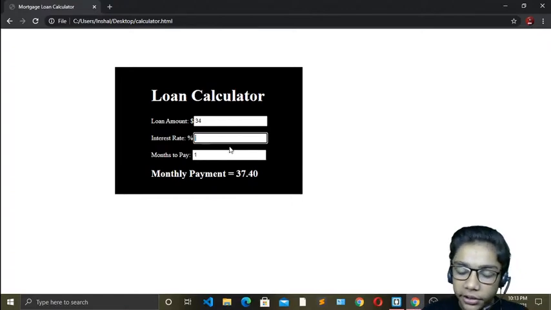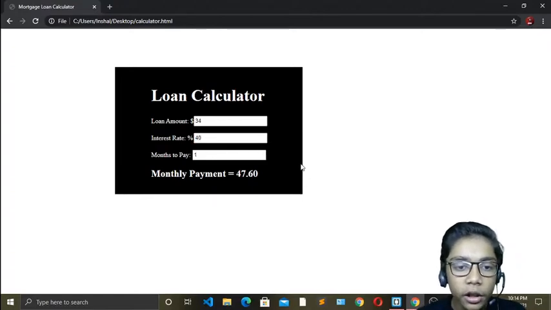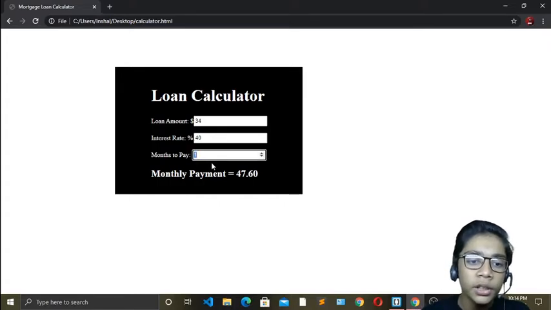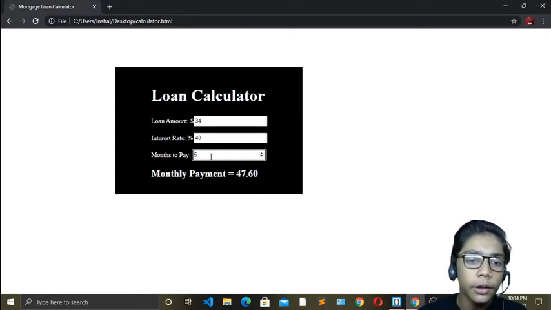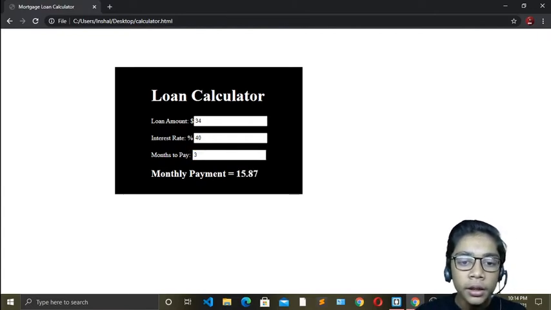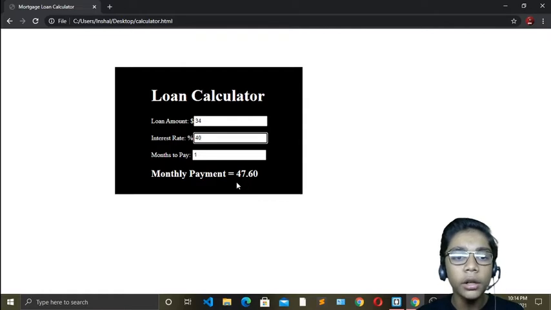There is written 10. If I take it to 40, you can see my payment has gone up. And if you take your months to pay, because in a loan you have to pay the bank in months, if I write 5 months, you can see it has changed to 9.52 rupees. So over here you can make your loan calculator. Now it has gone to a larger amount because it is in three months. And if I take it to one, it has taken 1 month and it is just 47 rupees.